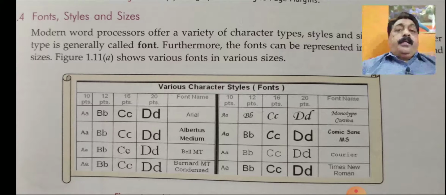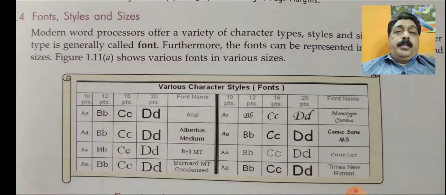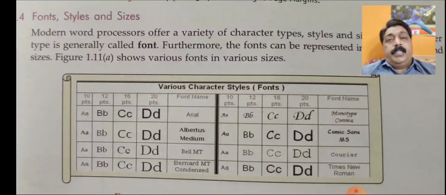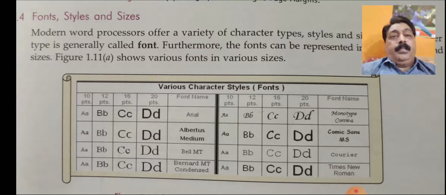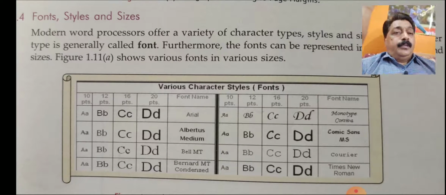When we are typing something using a typewriter, we do not have many options there. Whatever font and style we get is final, and the size also. But in OpenOffice Writer, we can change the size of the word and the style of the word anytime. Whatever kinds of characters and styles we use, that is known as the font. We can use fonts of different languages also.